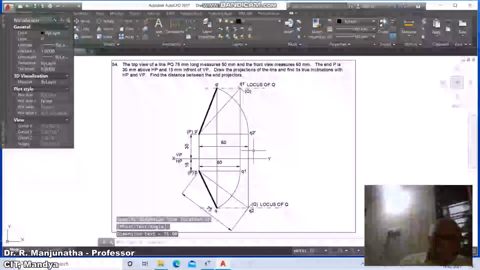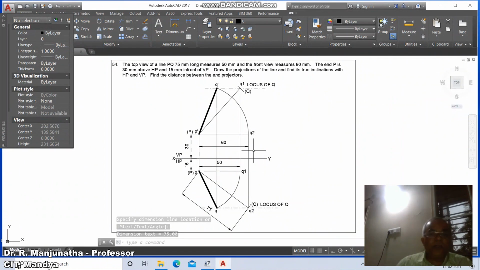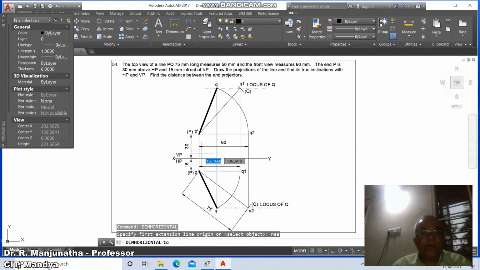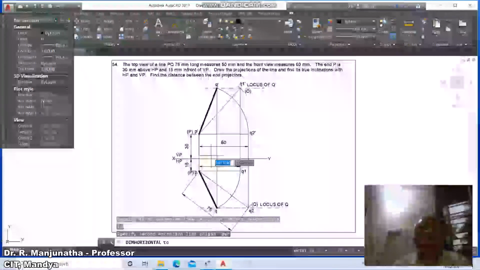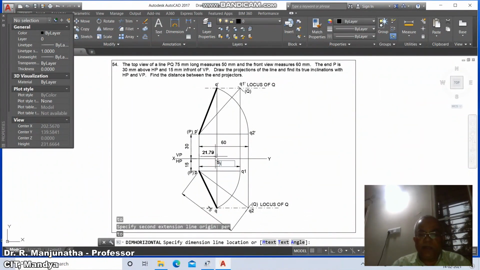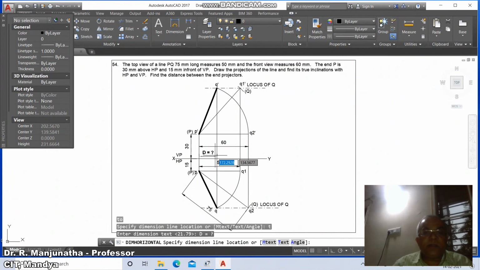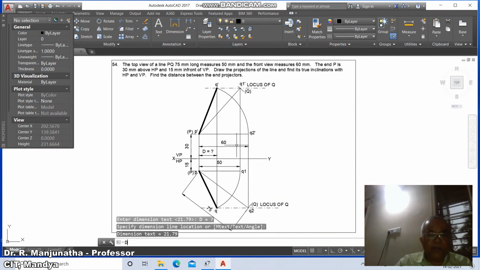Then go to, now we need to find out dim horizontal, take nearest on this and perpendicular to this, so here type text which is 21.79, so put the caps lock on, D equals question mark, and place it here. Then dim angular,